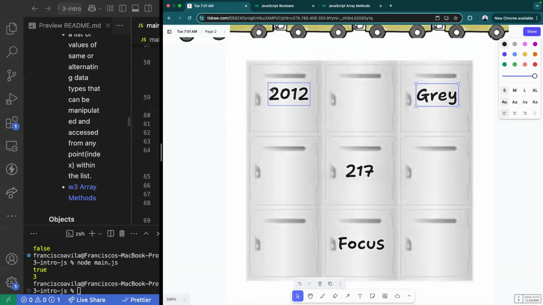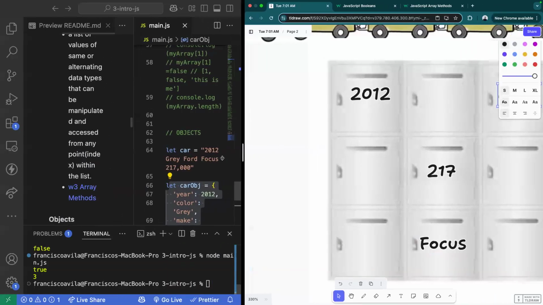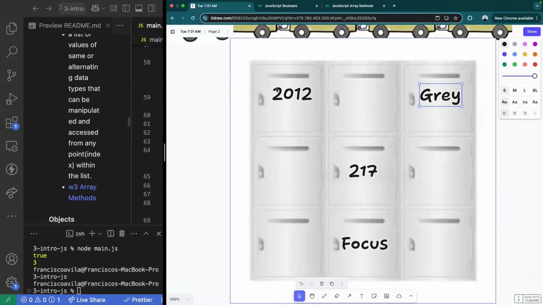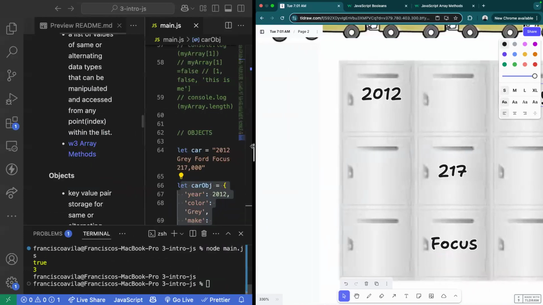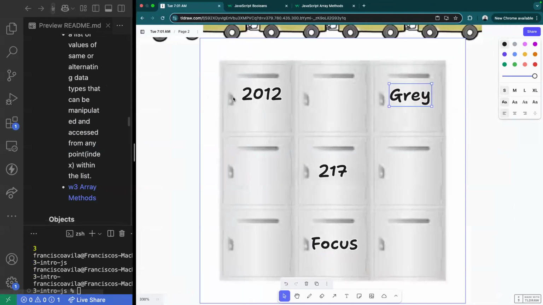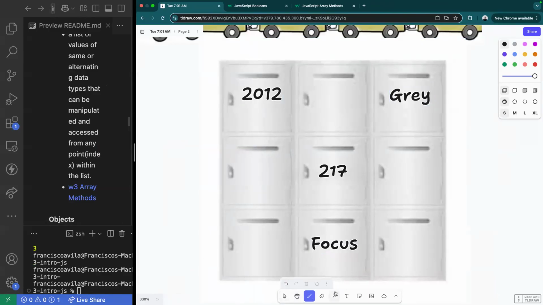Notice that the way I'm writing it, it's randomized, right? And that's the way objects work, unfortunately. When it stores the data, it is being stored randomly. There's not necessarily an order to how data is being stored inside of this object. But what is neat about it is that if I have the key to year, the moment I pass in